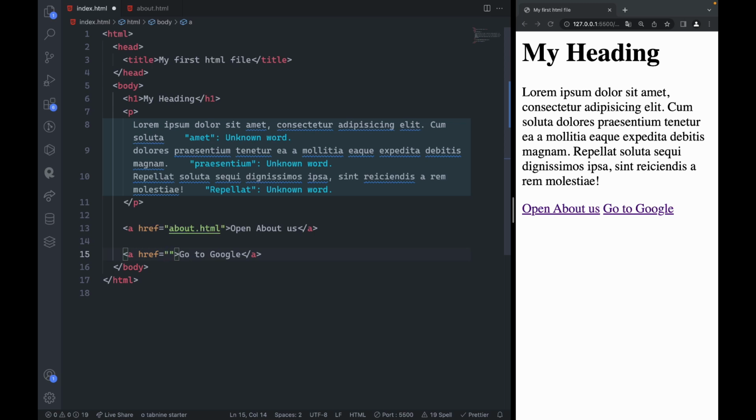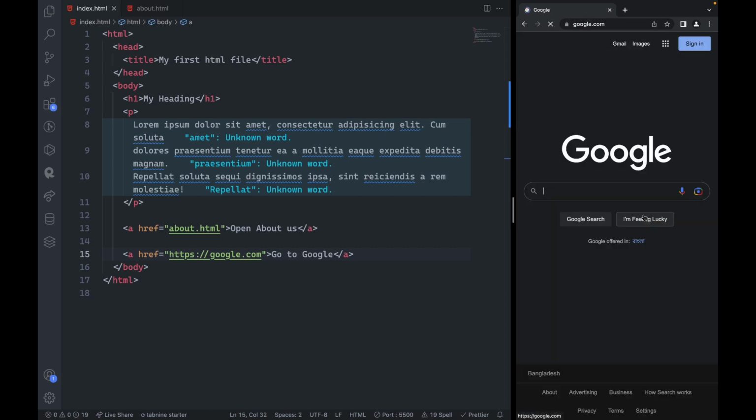First of all, you just have to say the protocol, HTTPS. Most websites are going to be HTTPS or HTTP. Google is HTTPS, that's why we type HTTPS. And then we type the domain name of the website, so it's google.com. Now if you save this and click on it, it redirects you to